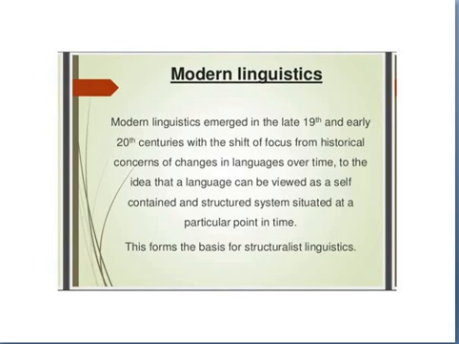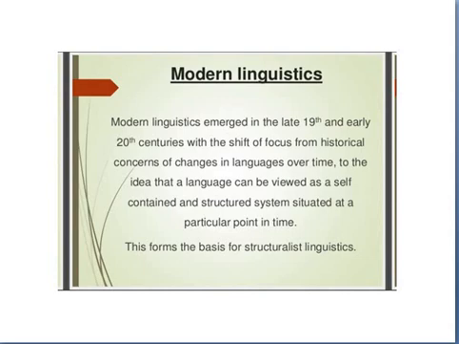Modern linguistics emerged in the late 19th and early 20th century. As you know, there were so many changes made in the study of language. This forms the basis for structuralist linguistics. So the structuralists had the main contribution in that time, and at the beginning of the 20th century, attention